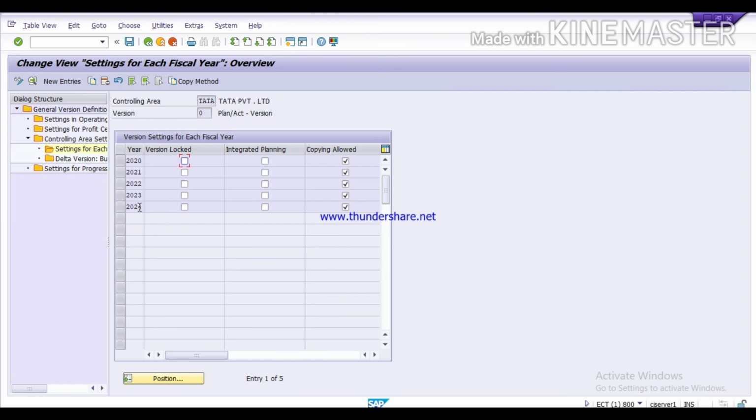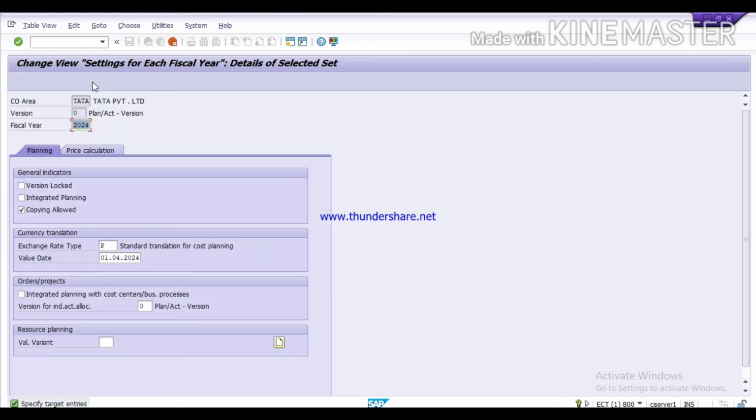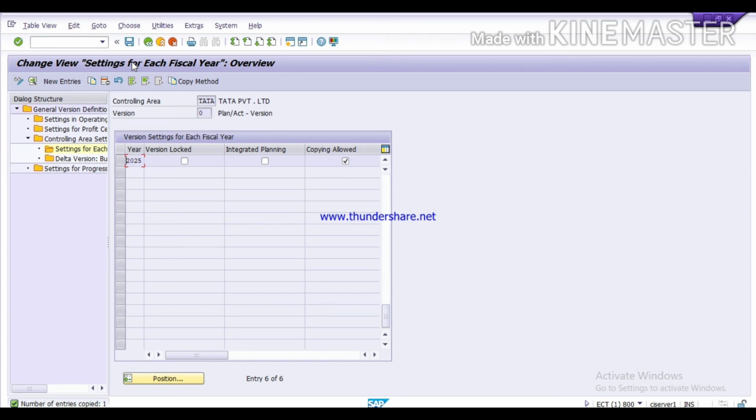And after 2024, if you want to create, you can just copy this version and click on Copy As. And here you can change the fiscal year. And just press enter. So like this you can create a new version.